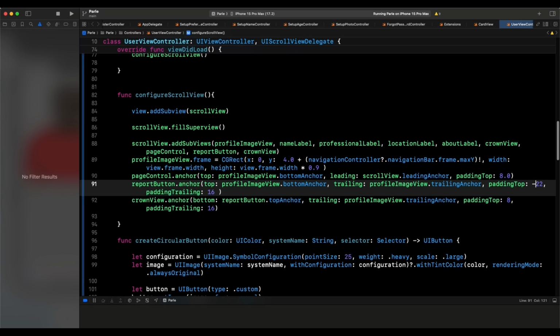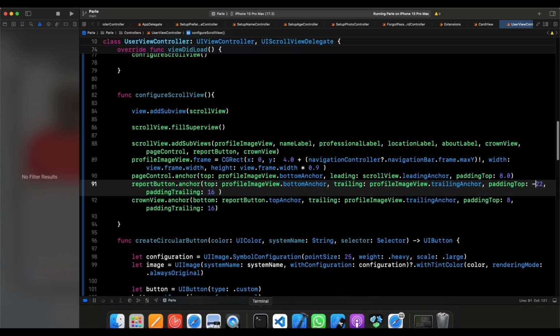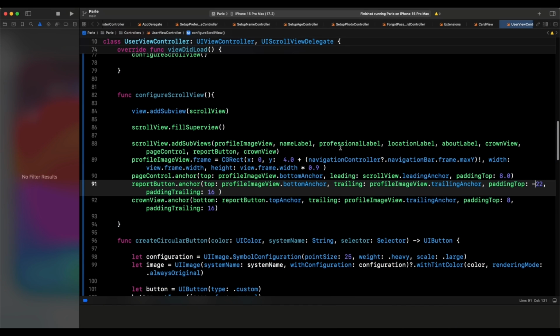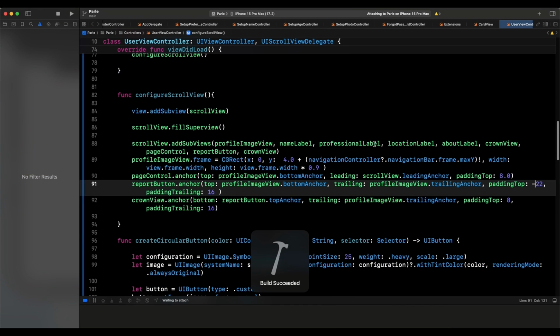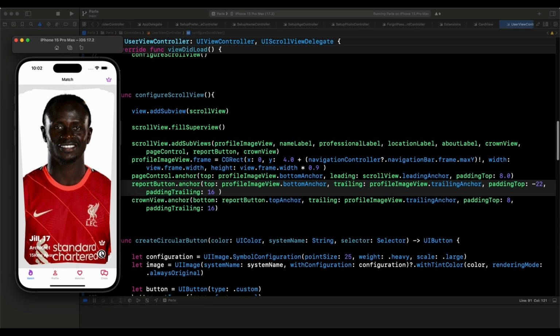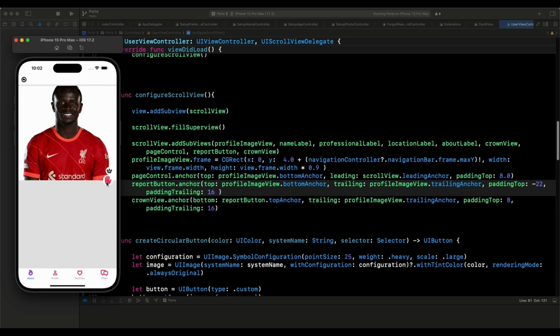And of course, the crown view takes its location relative to the other button. So if you move one, you have to move the other, right? So let's do that and give it a second. Come here, do this, and now it's pushed inside. And here we have the report button as being that,